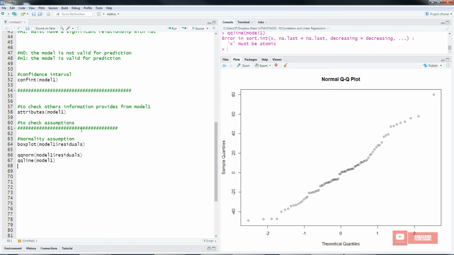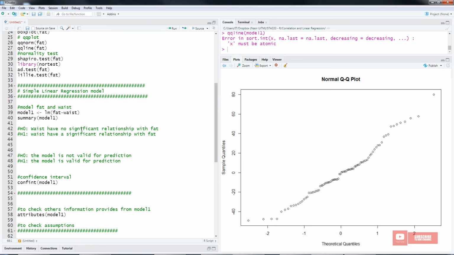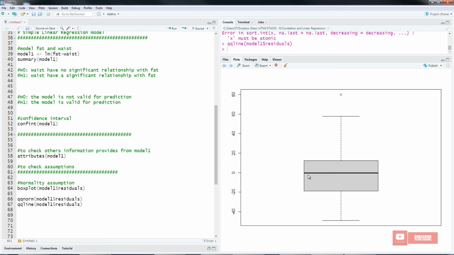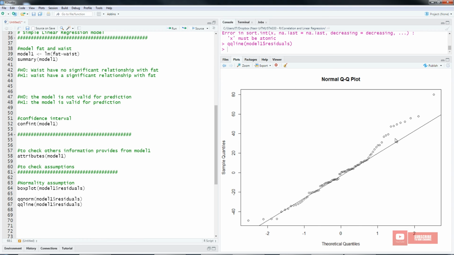Oops, wait a moment. Oh yeah, model 1, but we need to specify the residual. You can see here it is a bit skewed to the right distribution. If we look here, it leans more to the right. The others look okay, but we try to confirm it with the normality